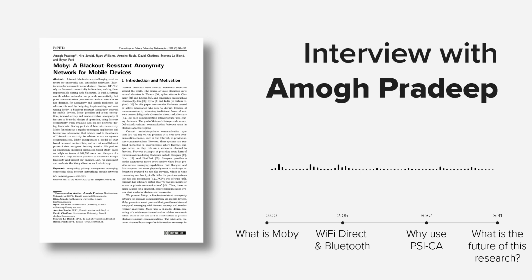And if anyone hears this and wants to reach out to you, how would they do that? Email is the best. You can find me, I guess not if you Google my name, but if you Google my handle, I'm the same username on everything that I have. And what's your handle? Amogh BL1. Okay, cool. But yeah, you can search for Amogh Pradeep Northeastern or something like that, and it should pop up.